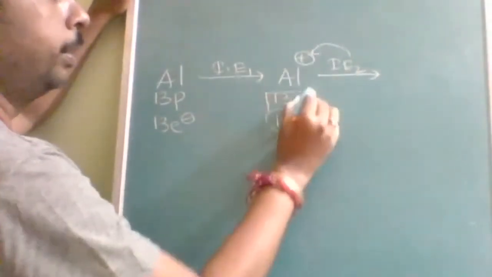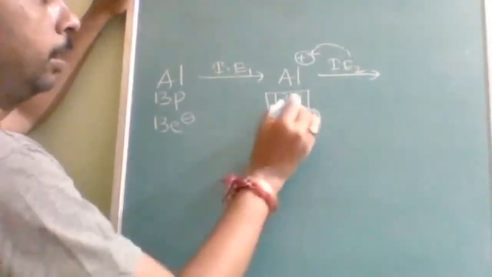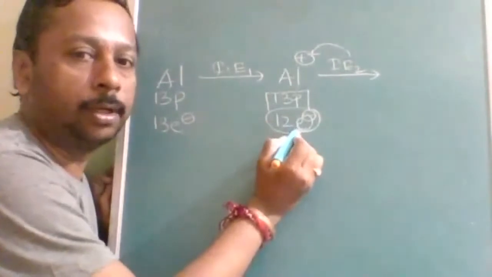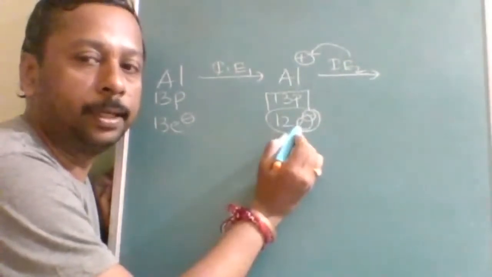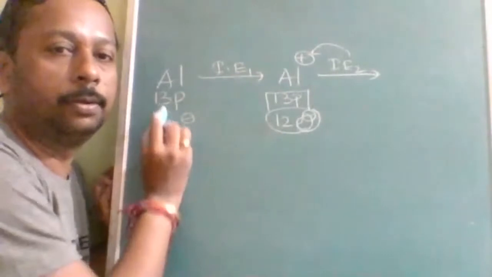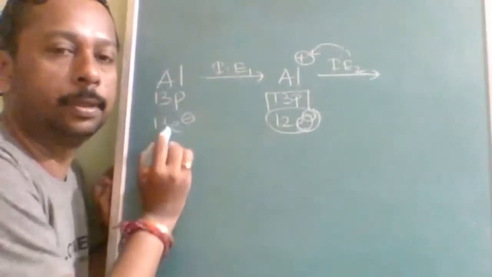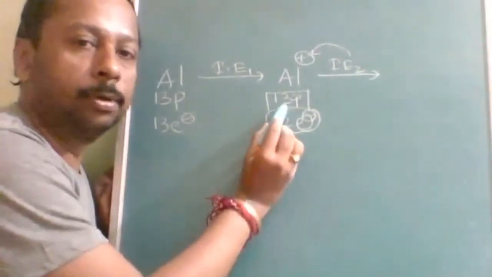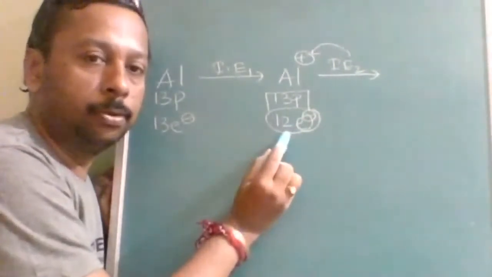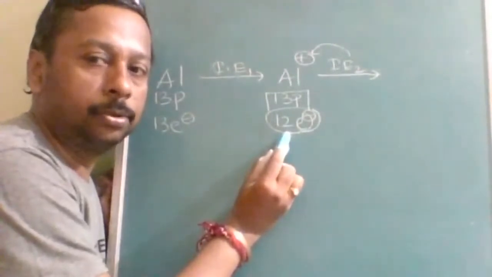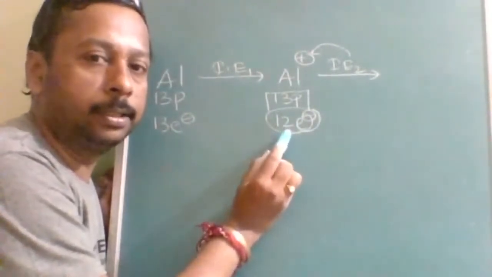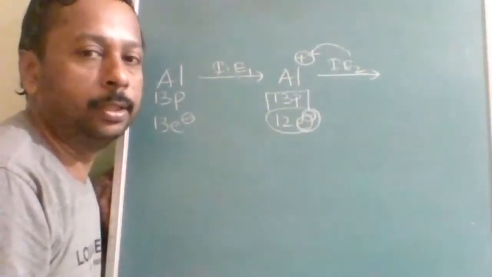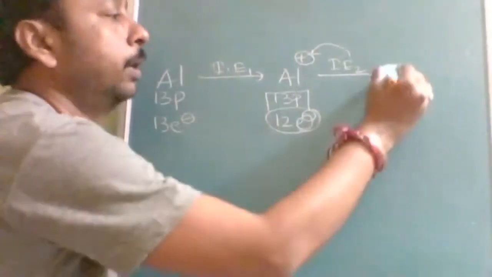Okay. So then when you are giving it, you are giving it to aluminium plus. 12 electrons are being attracted by the 13 protons. Okay. So the effective attraction force on each electron will increase because here 13 electrons, 13 protons. Each proton is responsible for one electron, but it is not like that. More than one proton is responsible to look after the 12 electrons. So effective attraction on each electron will increase. Therefore, we have to provide more energy. That's why IE2 will be the larger one.